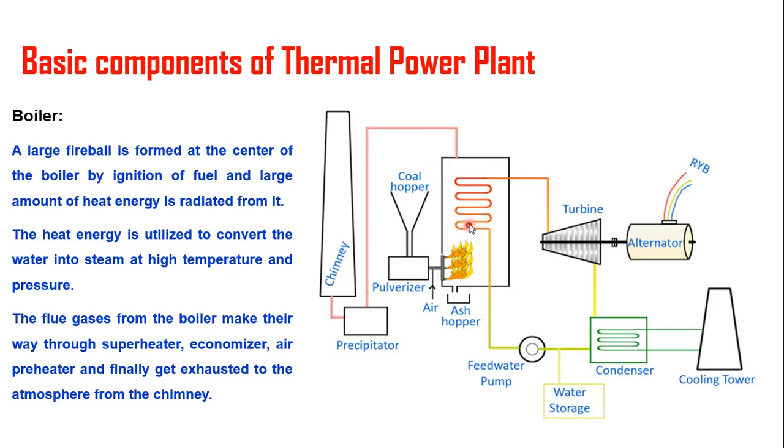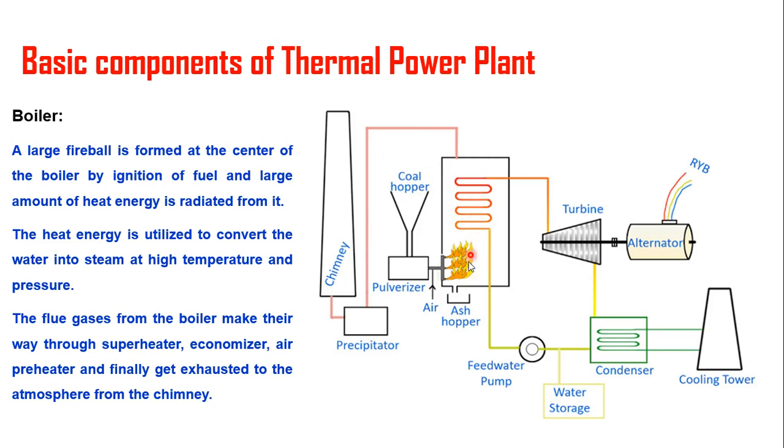These steel pipes run along the boiler, in which the water is converted into steam. Here these pipes are there. These circulating pipes will show red in color. It means that the heat is transferred to this water, and then it converts into steam.